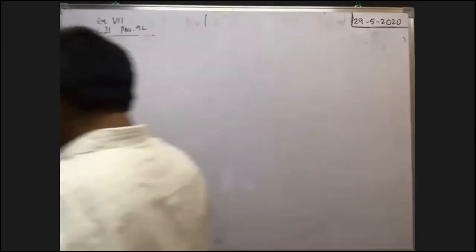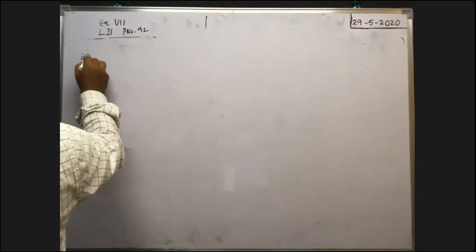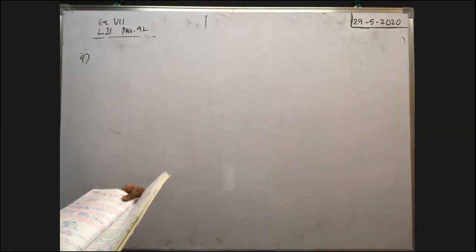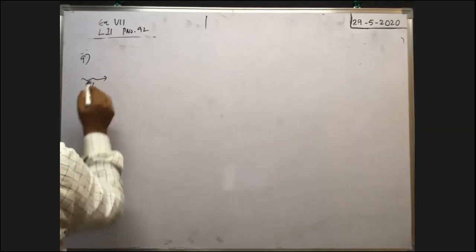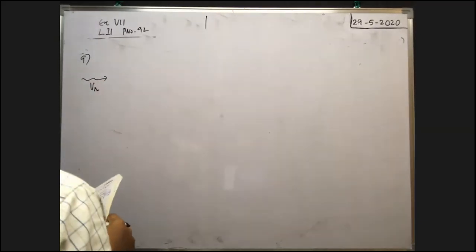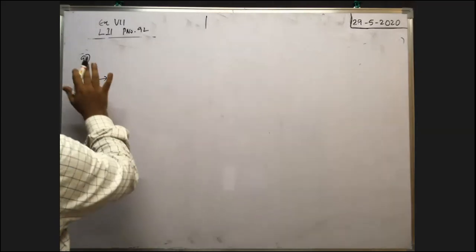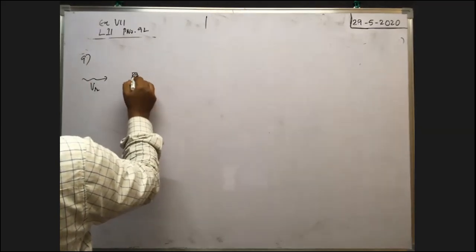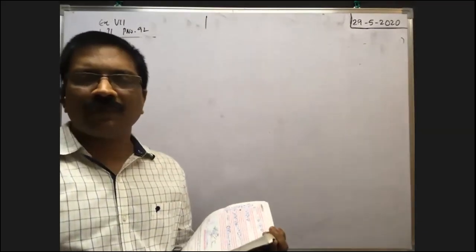Okay, last problem. Ninth problem, very, very important. A man swimming downstream overcomes a float. The river is flowing in this direction with a velocity say VR. A man swimming downstream overcomes a float at a point M. Here on the river, there is one float, that means a body which is floating over the surface of the water. That can be called the float.